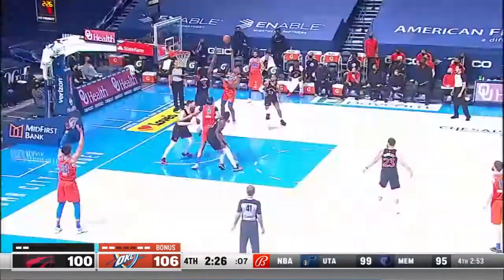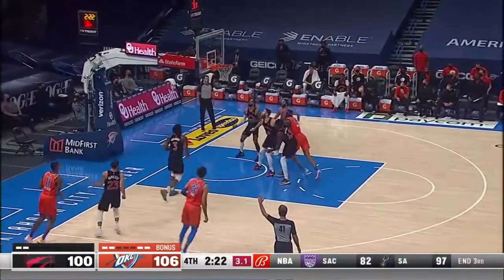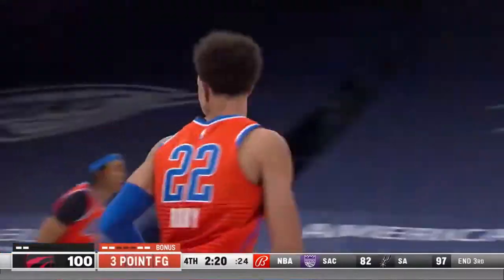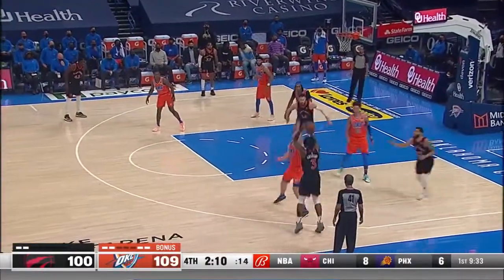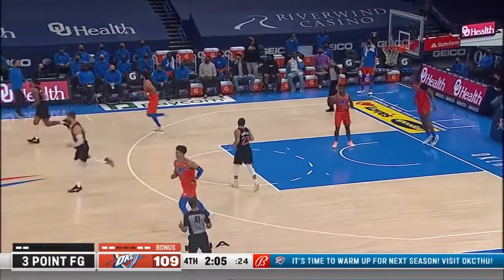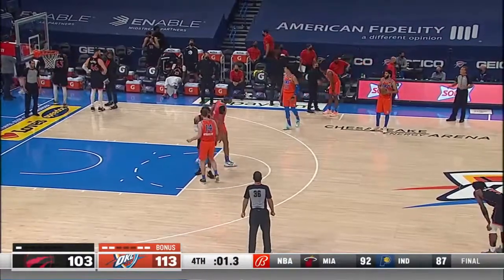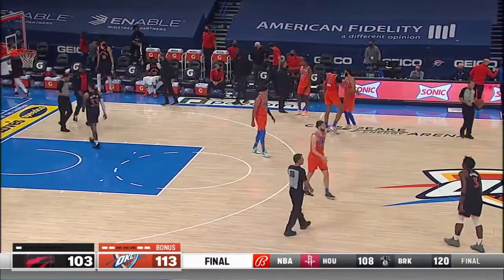Pressure on Maladone. Oh, and he keeps it himself, stays with it, fires it back outside. Roby lets it go from downtown. What a shot. Then he got the ball over to Roby, and he knocks down a big corner 3. Some big execution, but Anunoby comes back with another Toronto 3. And the Thunder able to withstand the early Toronto shooting. Not only